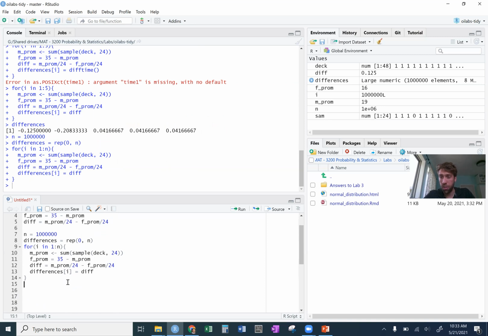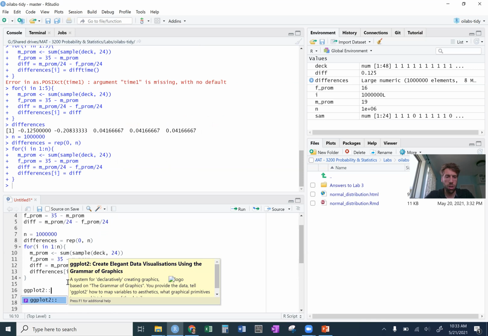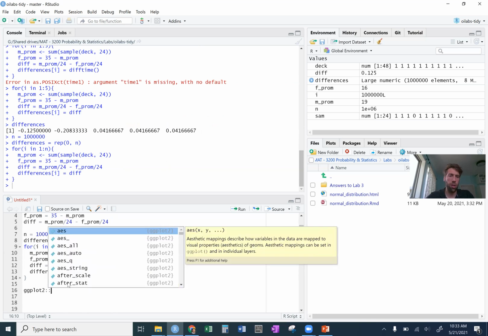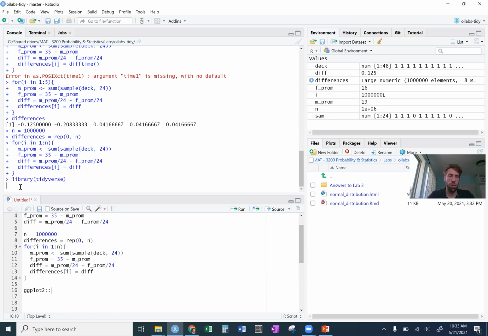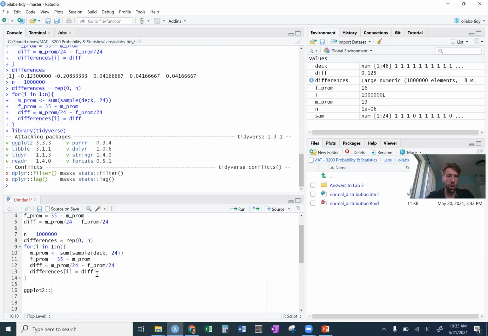Okay, so then let's create a histogram of our simulations, and then let's put in a line at the difference that we observed. So I'm going to do ggplot. I should probably bring in the tidyverse. Okay. Yep, make sure I've got the tidyverse going on. All right, so then ggplot, and then